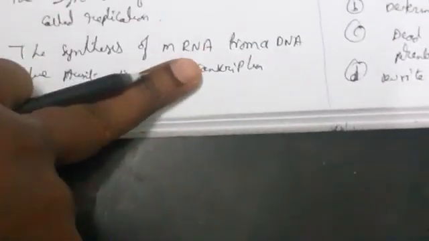It provides a fingerprint, the synthesis from the DNA blueprint, which we call replication also. RNA is much shorter than DNA. Why? Because here we are having messenger RNA,